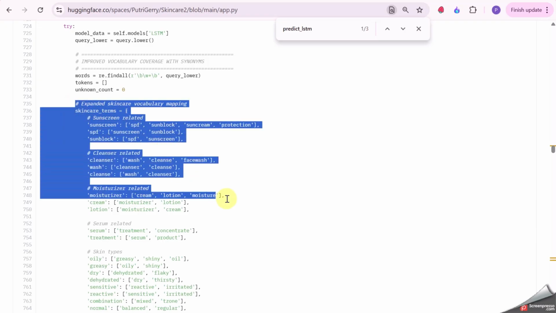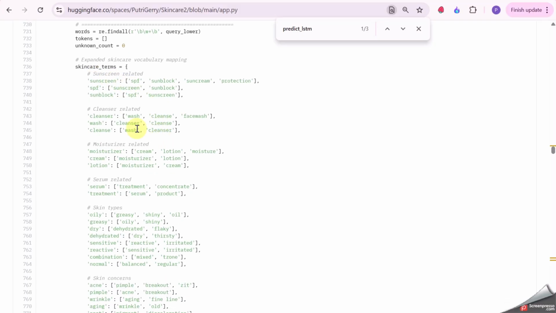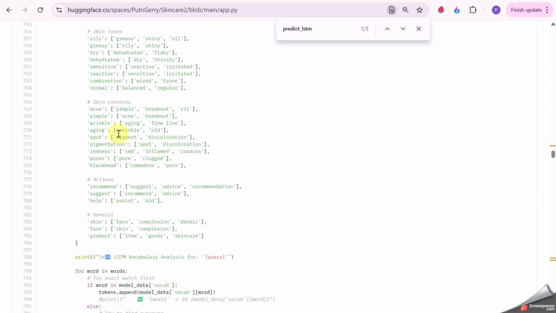I made an improvement for my skincare chatbot to understand some synonyms that I use. If the user question has sunblock, it's gonna translate it into sunscreen. Okay, cleanse, and there is cleanser related, something like that.